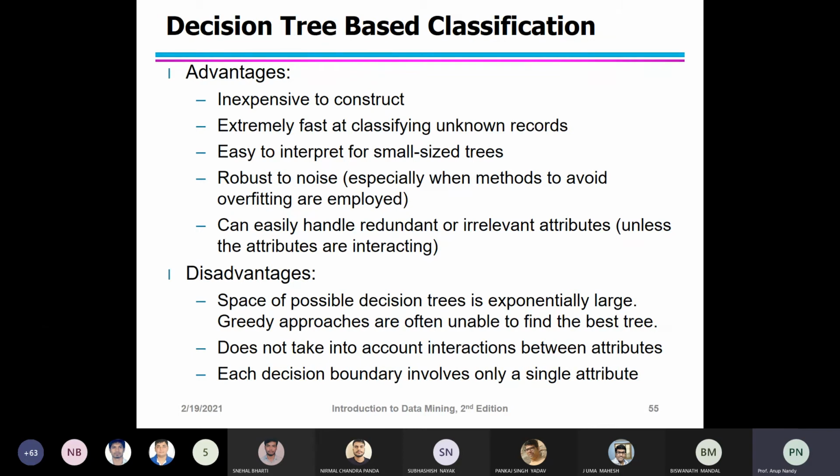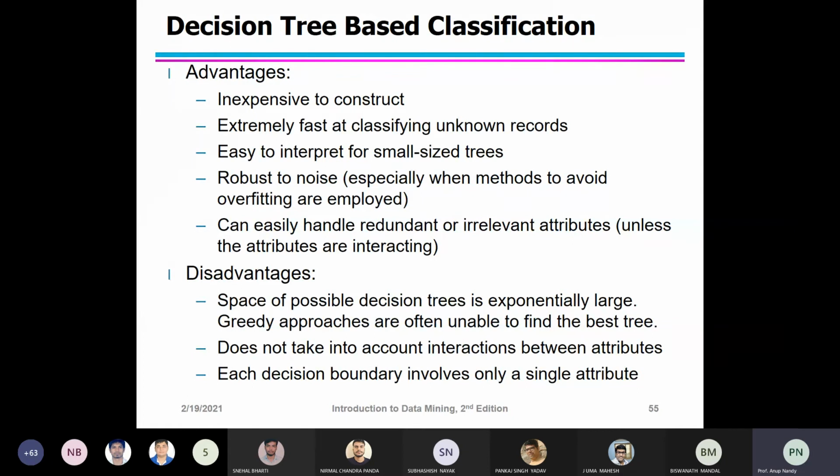Now the decision tree based classification has some advantages. It is inexpensive to construct, extremely fast for classifying unknown records, easy to interpret for small size trees, and very robust to noise, especially when methods to avoid the overfitting problem are used. The disadvantage is that the space of possible decision trees is exponentially large, because the greedy approach sometimes is unable to find the best tree.